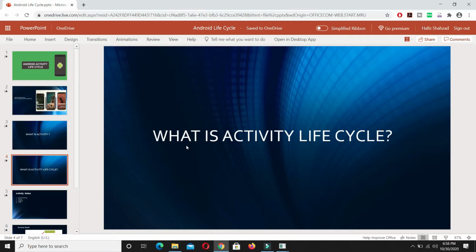So now what is the activity life cycle? The activity life cycle consists of all the events and all the happenings that occur when we click to launch the application, we use it, we scroll down to get our desired action, we put it in the background and finally we kill the application and shift to another application or we turn the phone off. So the complete session in which we use an application is called the activity life cycle.